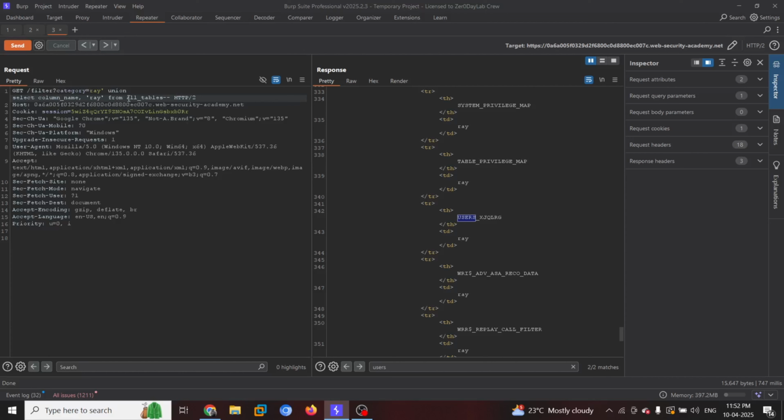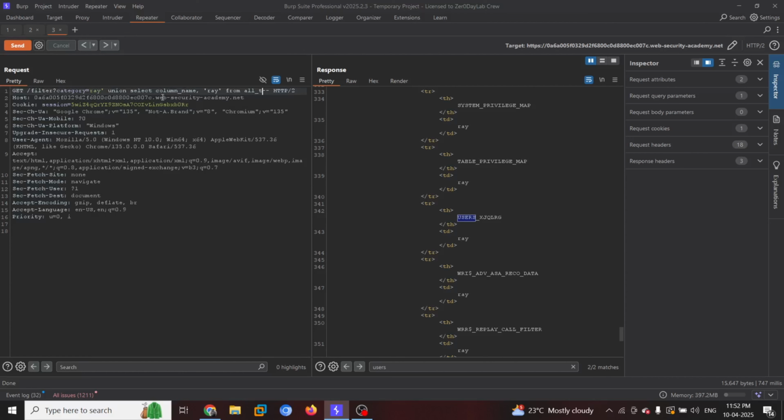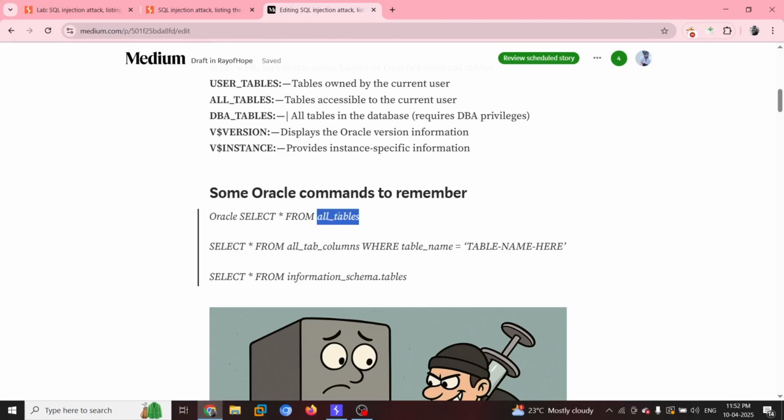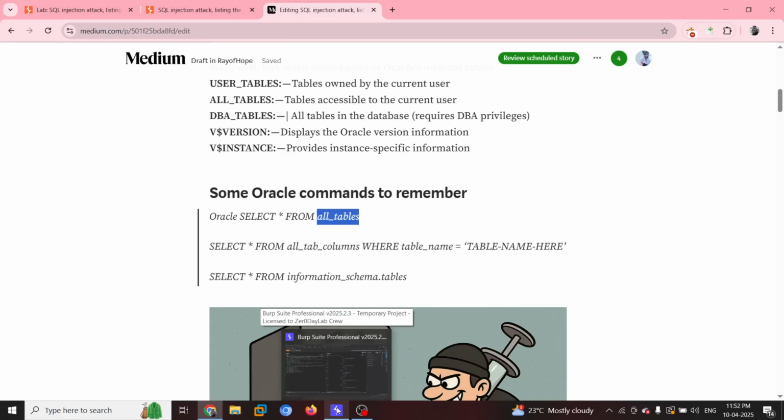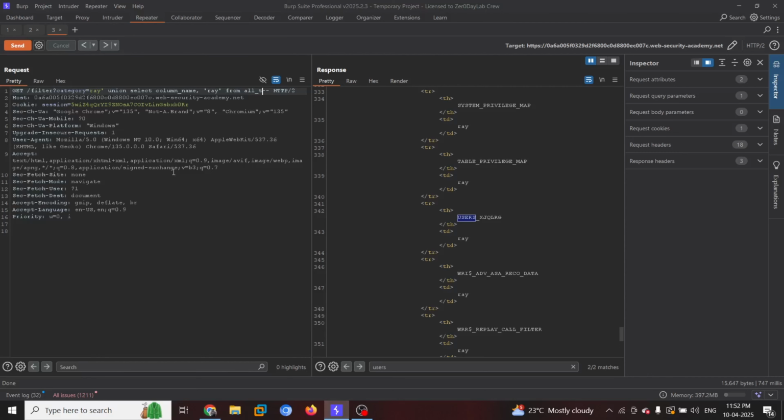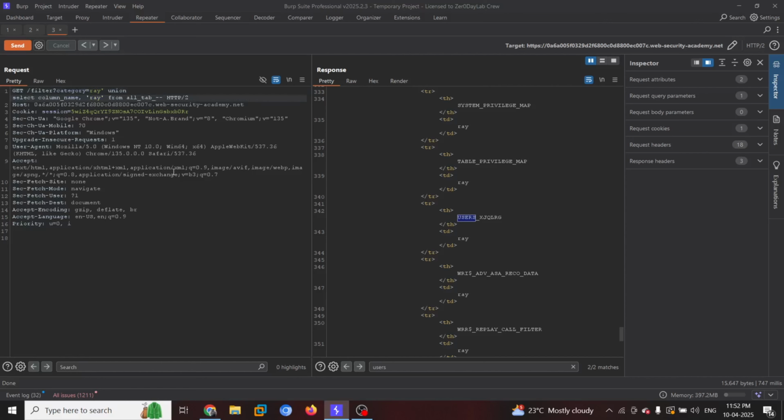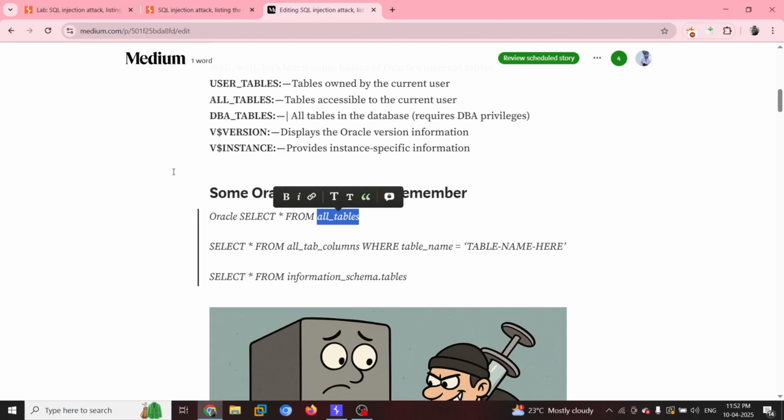We are going to use from all. You can see over here, when we are going to use tables, from all the columns, we have to call out all the columns. So from all tab underscore, and then what exactly? It's columns.